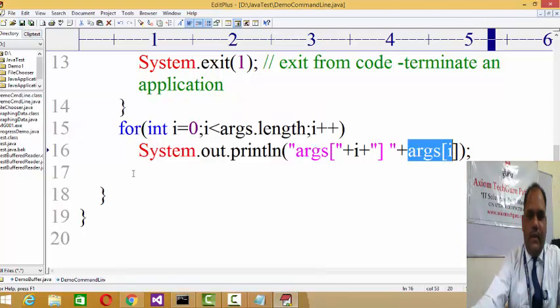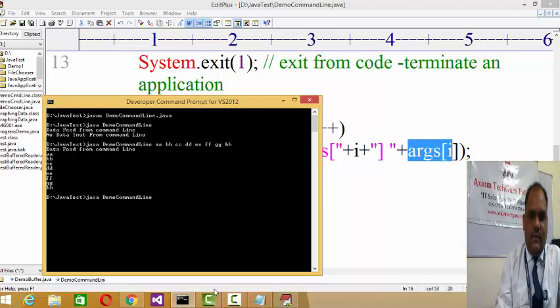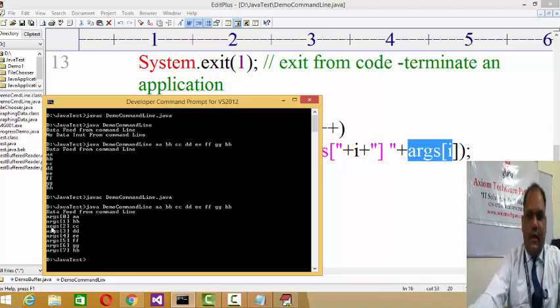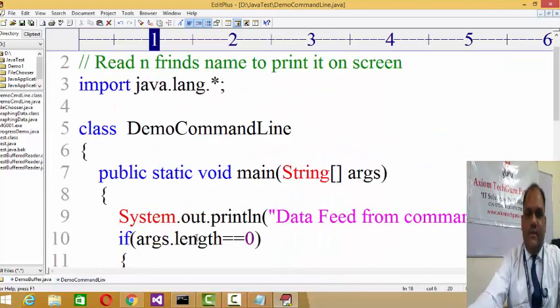You save it and recompile it again. Now look here, args 0 equals AA, args 1 equals BB, args 2 equals CC, args 3 equals DD, args 4 equals EE, likewise. This is your command line input.